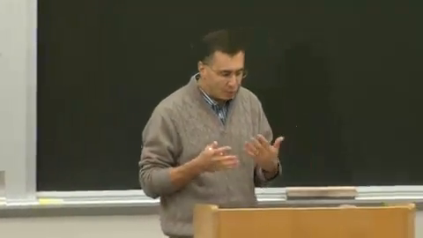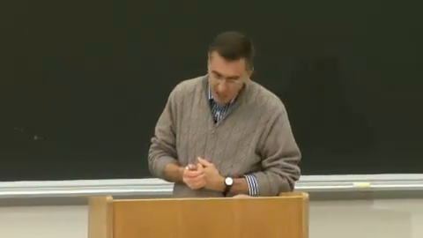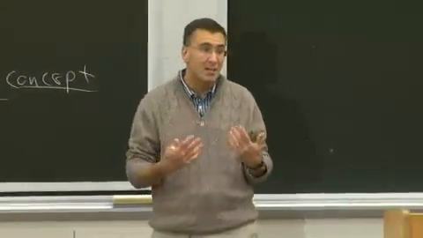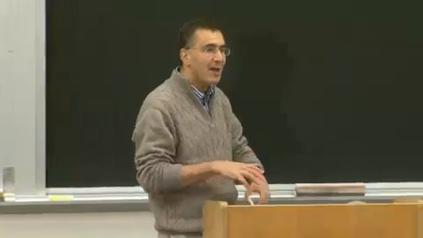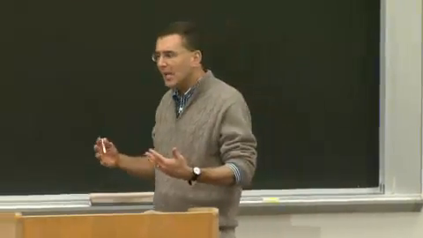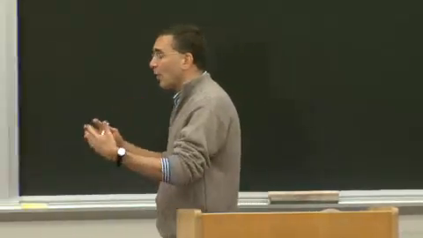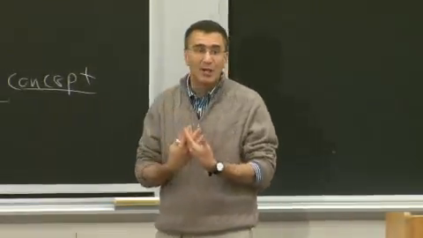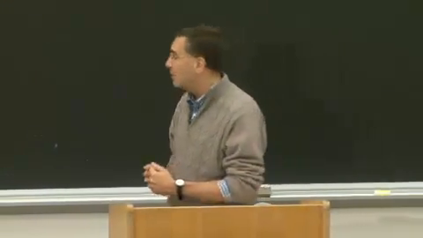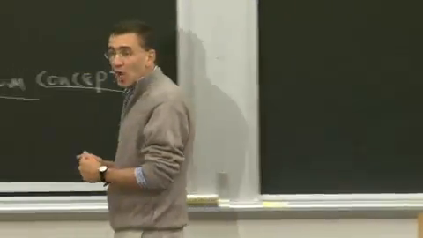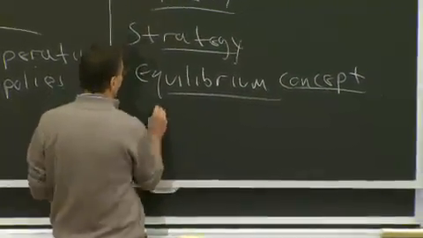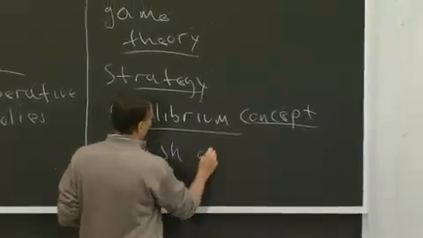What determines whether you've reached equilibrium, a point where the market is stable and therefore the game is ended? Not end in the sense that the firm shuts down, but end in the sense that you know what everybody's doing. So it's not quite like winning or losing. It's more about when that market is at equilibrium. Now the most famous concept is due to John Nash, who many of you have heard of from the movie and book A Beautiful Mind, and that's called the Nash equilibrium.